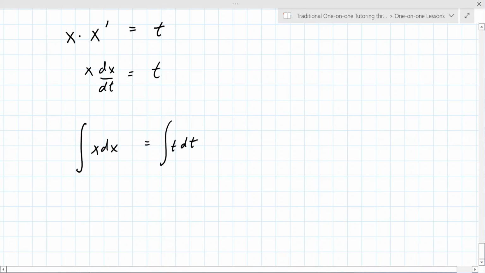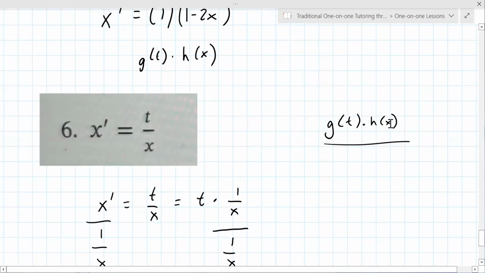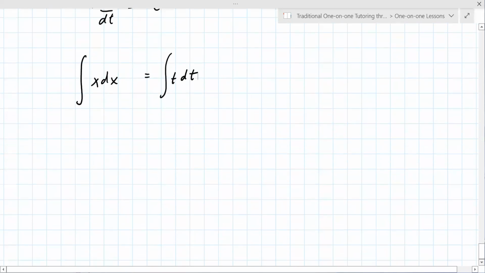Okay, so for solving them, you can do it your way, and I'll try and show both. It probably seems better, but the thing is, they're going to use this notation a lot, especially when you get to linear first order equations. And if you use another substitution, you're going to use that. So now take the antiderivative of both sides: 1/2 x squared plus c1, because there's two integrals,